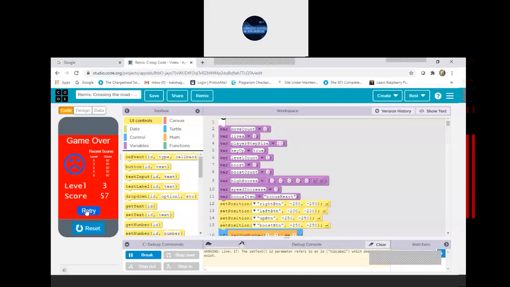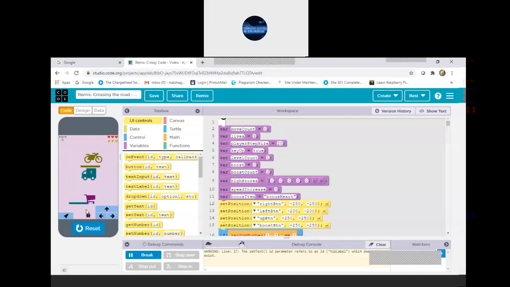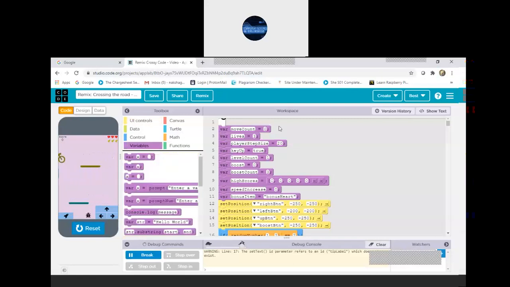Now we'll start with making the game. I have chosen the text method, but the block method is much easier. You can see first var. I have taken the command var, which means variables. You can take them from the fourth option, variable. Under that, take the first one and drag and drop here. Same for the others.